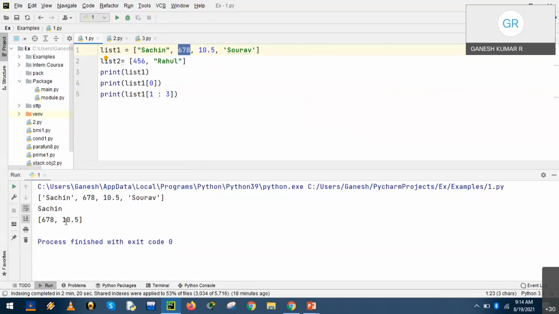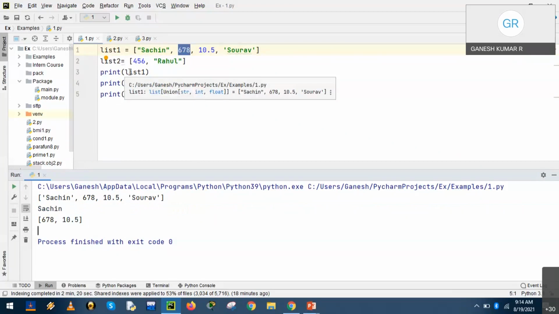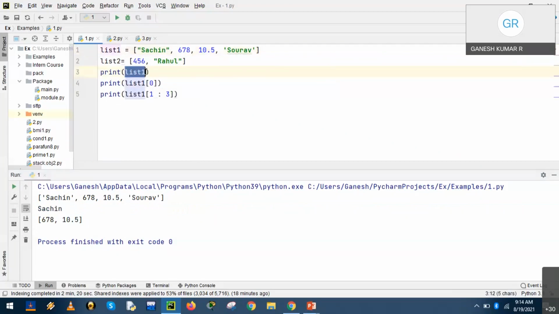Have you noticed the output? What are your observations from the output? Just go through this output and share your observations. We have 3 print functions. The first print function displays the complete data members. The second print function selects the indexed value 0.